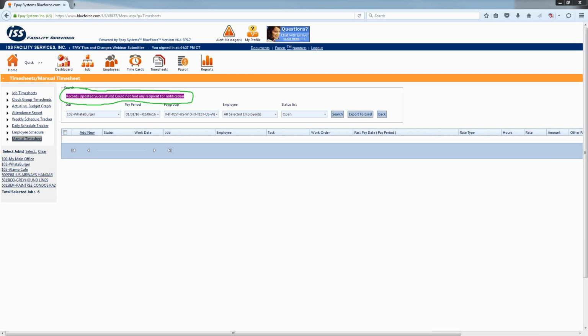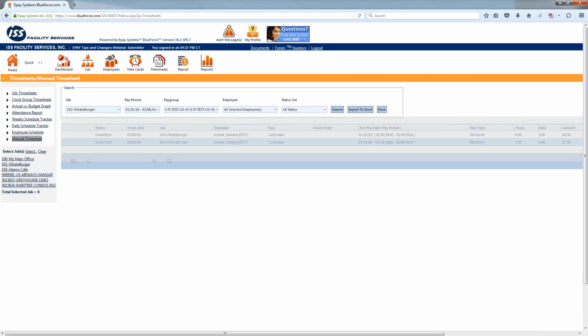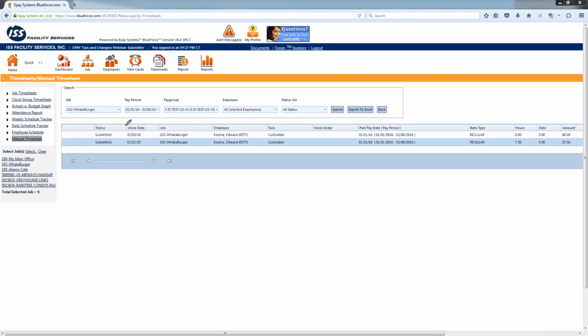But I bring that up as well because that happens a lot on the regular timesheet as well. Now, once you see that in there, you can always come back in here and hit search again like I just did, but notice that I don't see anything pop up on my screen. And that is because your status right now is only showing open. If I need to, I can always change my statuses around. I can say all statuses, hit search, and you'll notice here in the middle of the screen that everything is